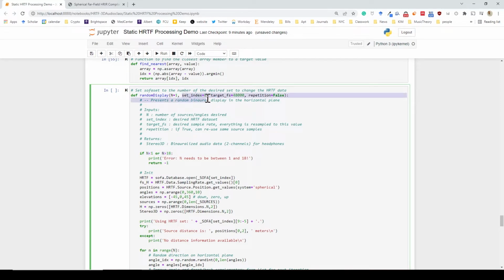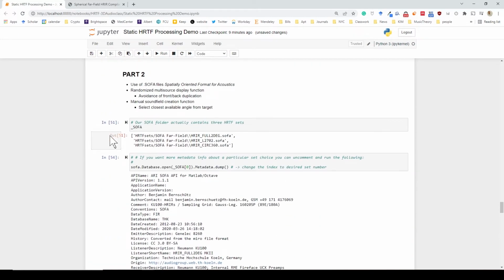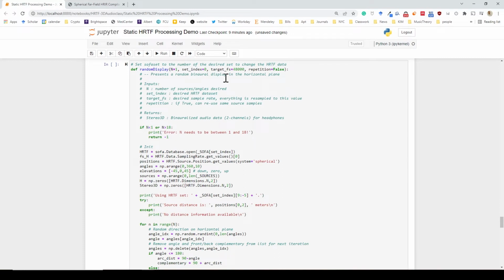and use the SOFA files determined by the set index. So 0 will be corresponding to this first data set. So by changing that number, we can choose and select different ones, at a target sample rate